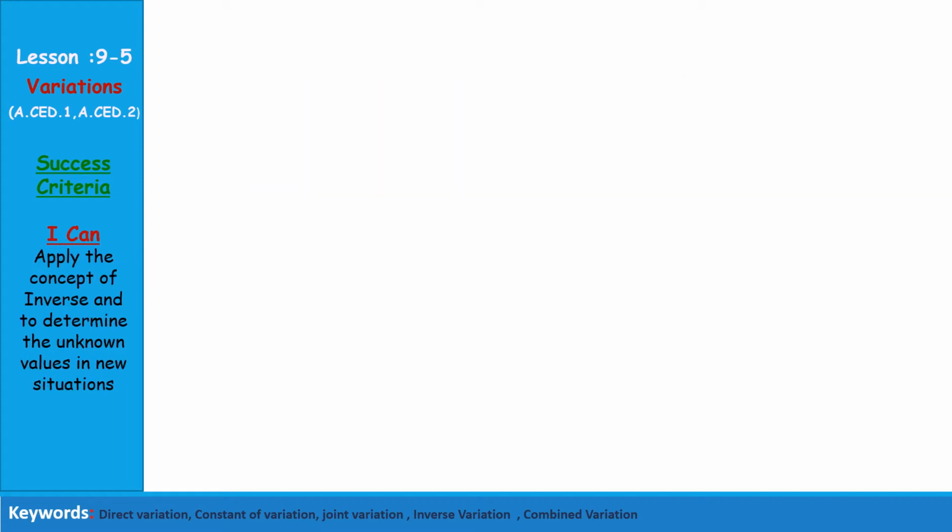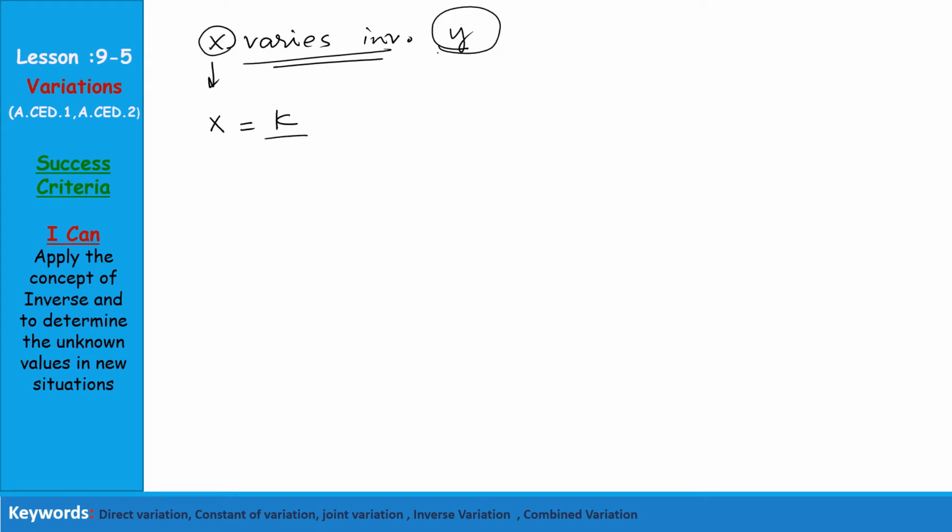So the question, let's suppose x varies inversely as y. Okay, so it means that x is increasing, y is decreasing. So you write x varies inversely, equals k. If it is inverse, it means if x is in the numerator, then y must be in the denominator. When we cross multiply, the x and the y values should be written beside each other. So from here we can conclude that x1 y1 equals x2 y2,